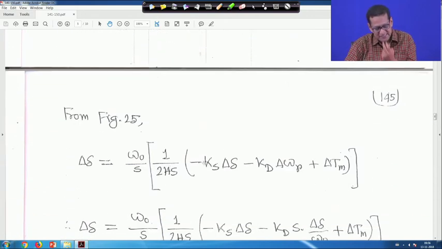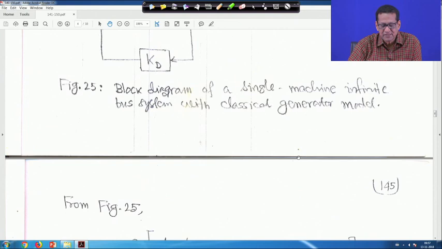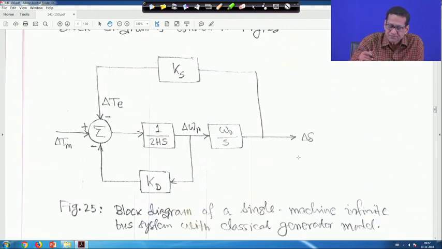So delta delta is equal to omega 0 upon s into 1 upon 2 H s into that, minus K s delta delta, and this delta omega r you replace by s delta delta upon omega 0, because